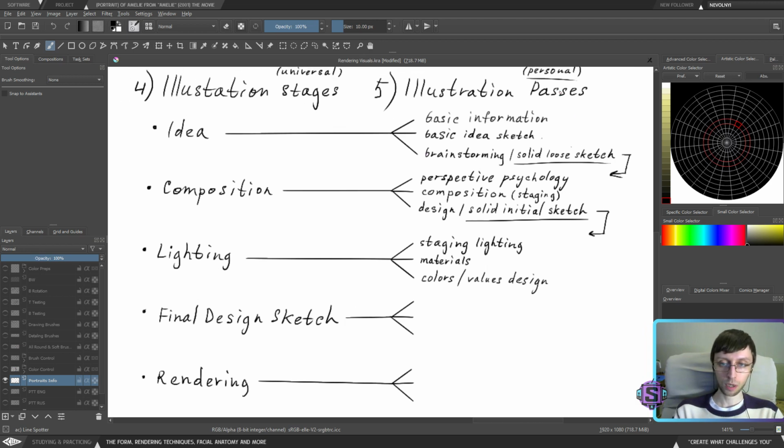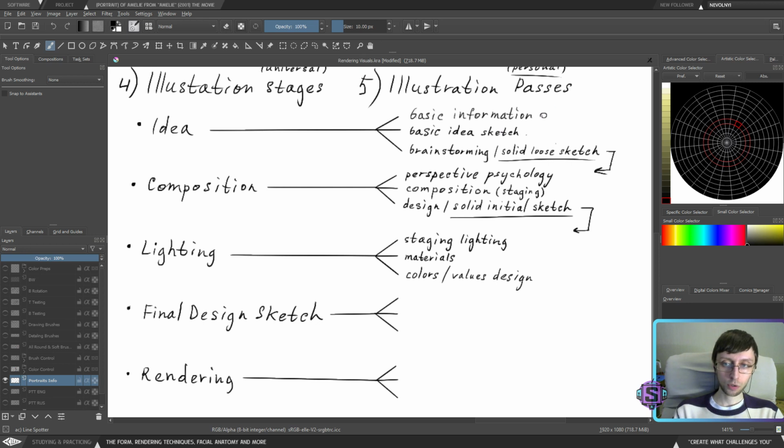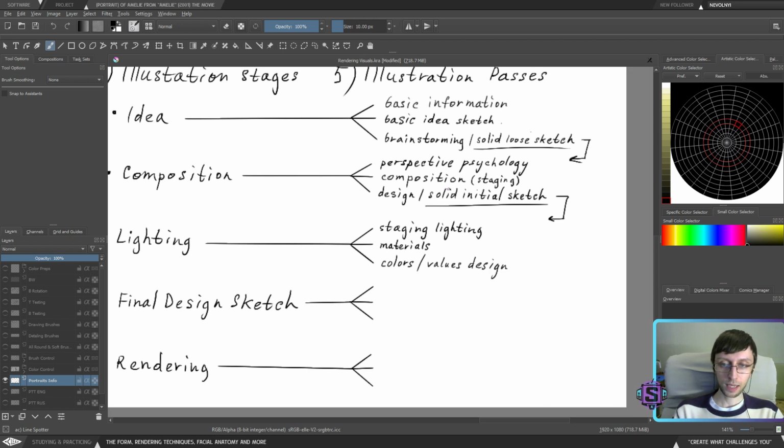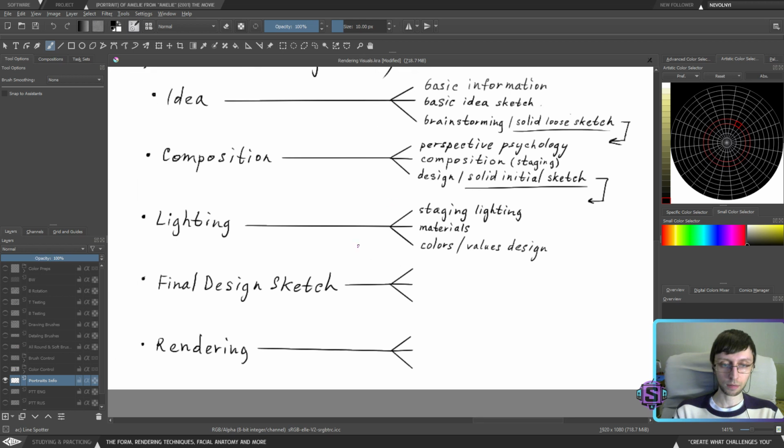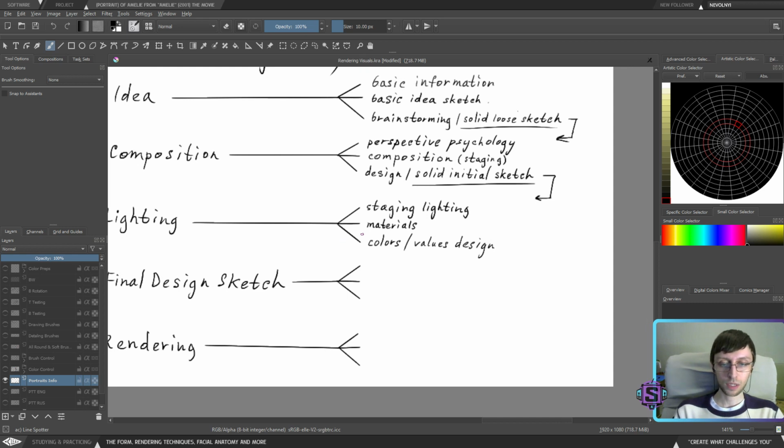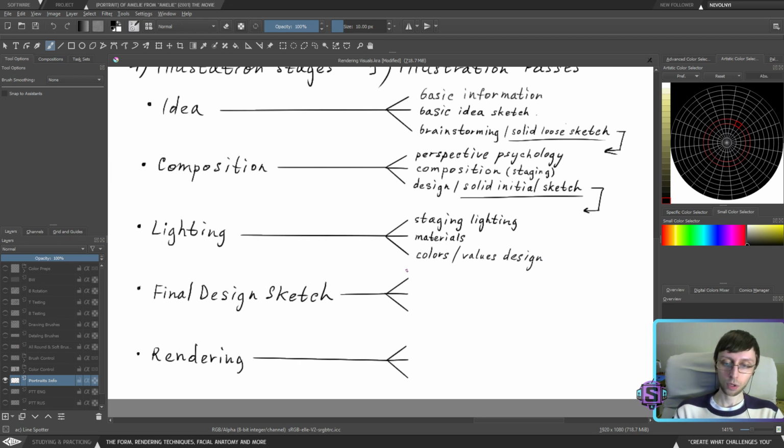It's going to be awesome if we start to work on colors right from the idea stage, but if we don't have enough experience with that, then we will probably start to implement colors at the middle stage of the lighting, because now we're working with staging, now we understand how lighting works, now we understand the materials a little bit, and now it's time to finally figure out the final color sketch and work on those color relationships within those two.